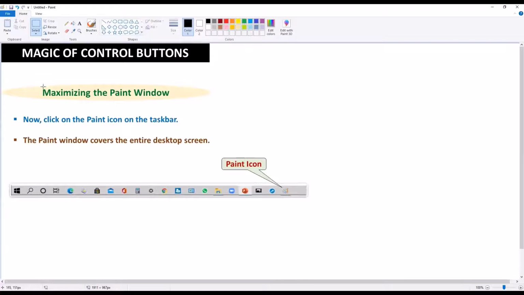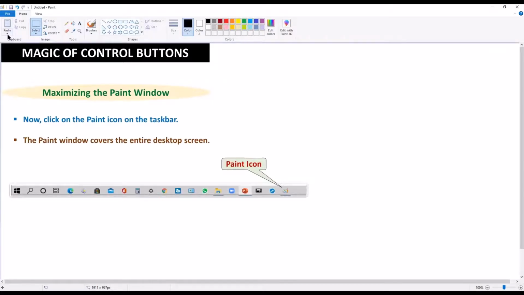Immediately our paint window will appear on the main screen, covering the entire desktop screen in its original size. It means in full size.